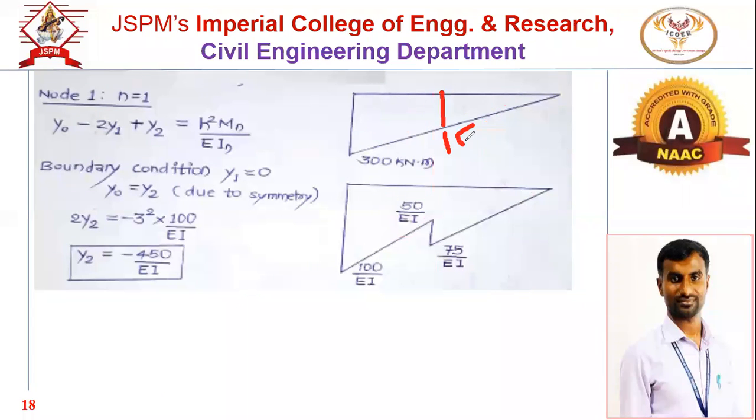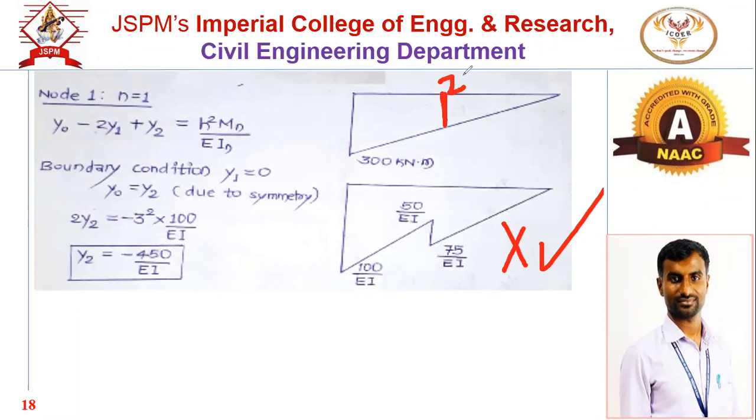Get the bending moment, that is force into perpendicular distance, divided by EI. At a second node, there are two cross sections, 3 and 2. So take the average of that, E into (3 plus 2) by 2. So this is the first approach, and I will suggest go with the first approach. Okay. So even if the diagram is not drawn, it is fine. Just put the value at a change in cross section node as the average of the cross section. Bending moment divided by EI.